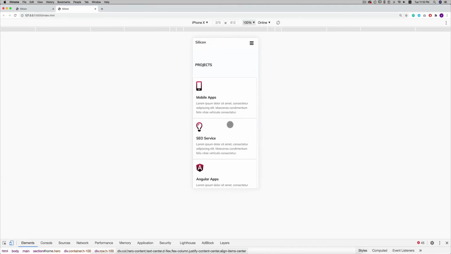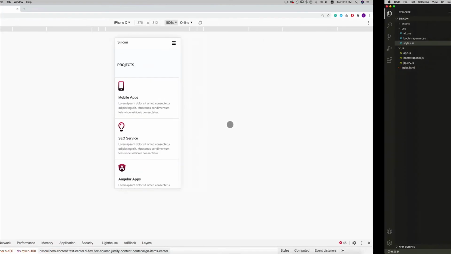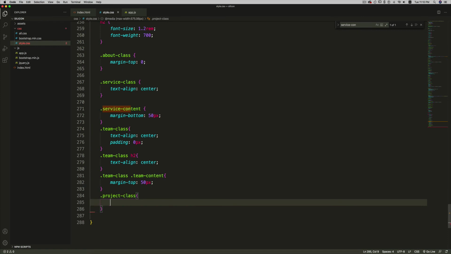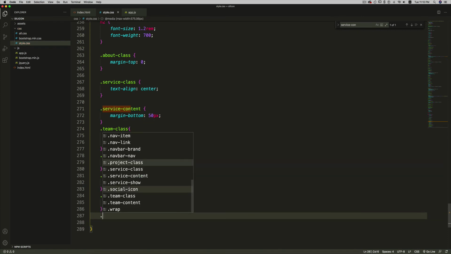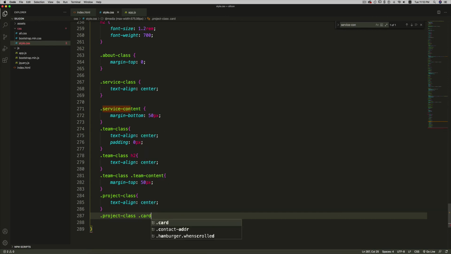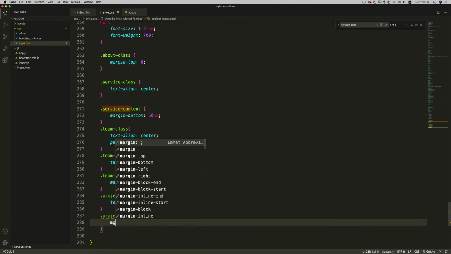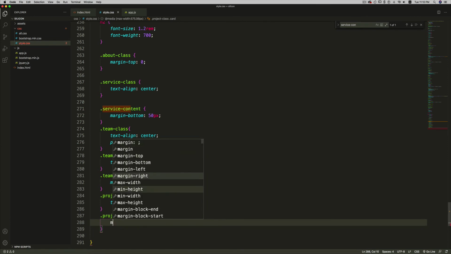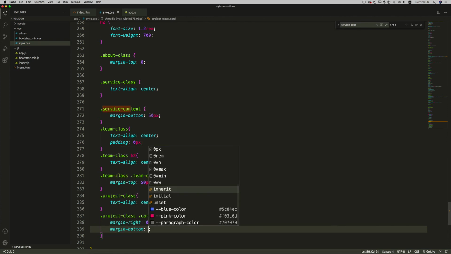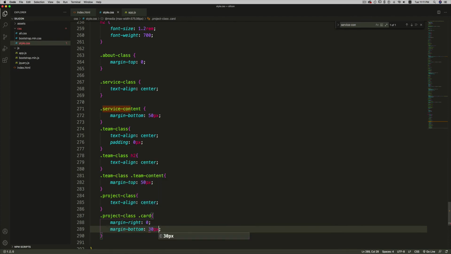Now let's work on the project section. Here I'll target the project class, text align center. Then I'm going to target the cards inside the project. So first margin, I'm going to remove the margin right. So margin right will be 0, and margin bottom will be 30 pixels.